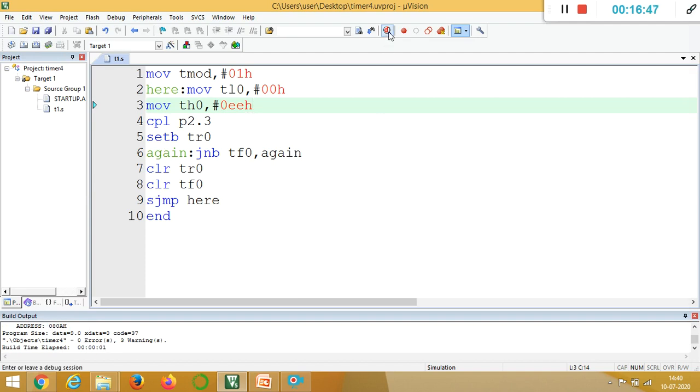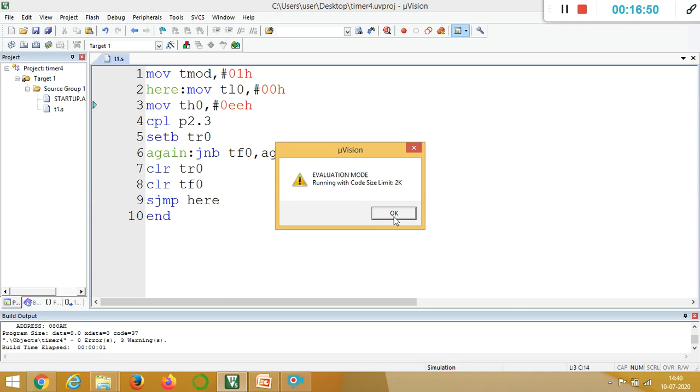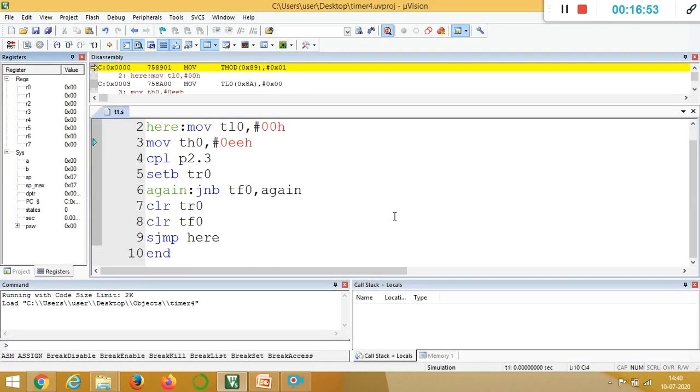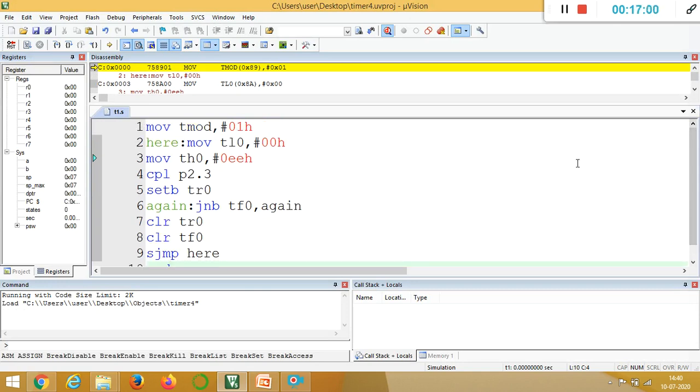Then start the debug session. Once you start the debug session, it will show a window, press OK. Before execution, I will open the timer window, then the port window, then the waveform window. How to open the timer before execution? Here you can see file, edit, view, project. Here there is one icon called peripherals. Inside this peripherals, you can see interrupts, IO ports, serial communications and timers. For this example, I need timer and IO ports.